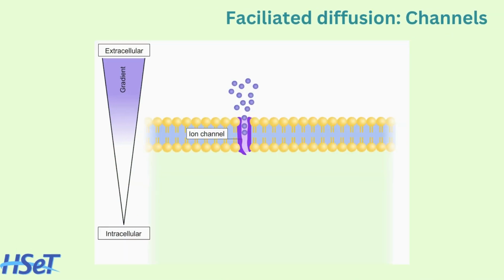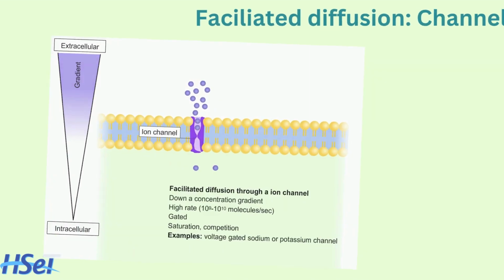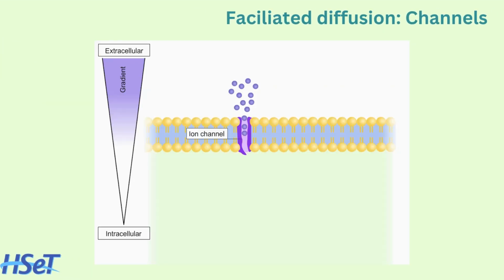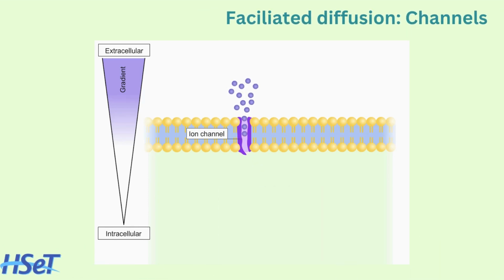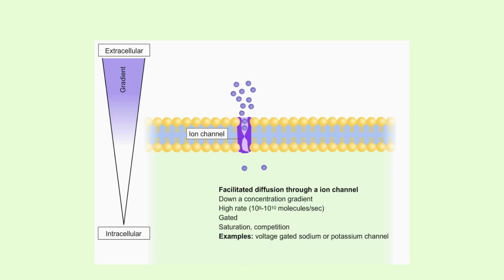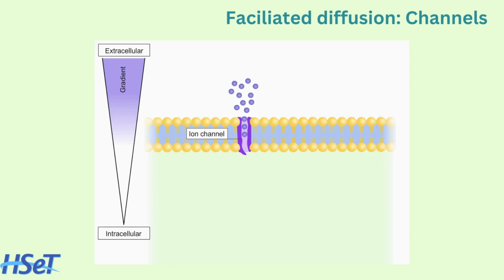Channels are transmembrane proteins that form a narrow passage, a selectivity filter, across the membrane. A channel can have two conformations, open or closed, due to swiveling of the gate. Channels are usually ion-selective. The flux is driven by the electrochemical gradient across the membrane established by an ATPase, for